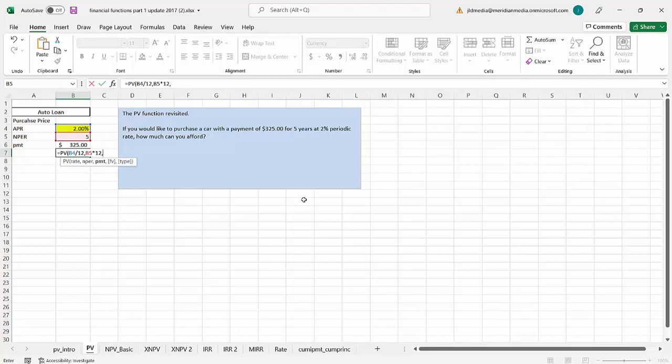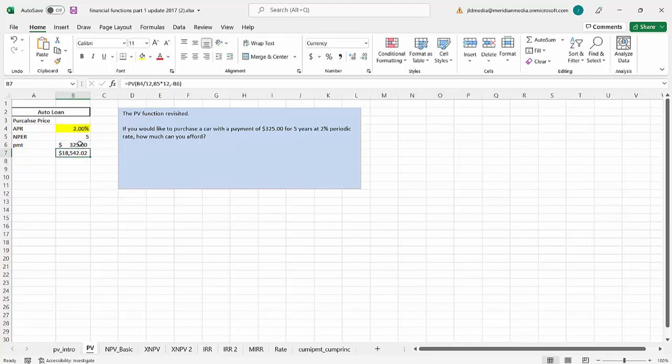And then this is where it gets interesting. So we know the payment this time. So in the previous present value problem we just did, we didn't have a payment amount. It was a 0 payment amount per period. In this particular case, we do have a payment amount. We're looking to make a $325 a month payment. And what we don't know is the future value, and we don't need it. Okay. So what this is going to tell us here in just a second